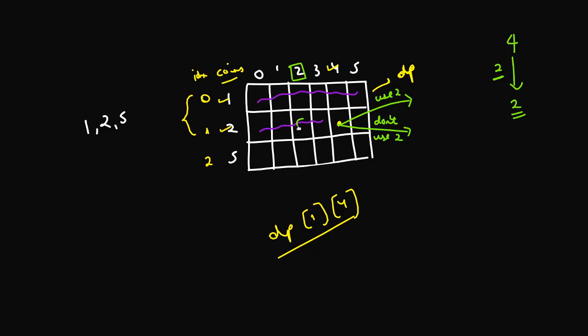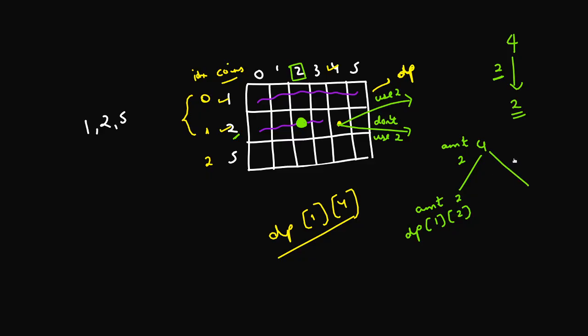So this is the place which I will look at whenever I'm using the coin 2. Why? Because if I have this 4 and I'm using a coin of 2, this is the amount that we had before. Now the current amount that I have to make is 2, and the coins that I can use are still this coin of denomination 1 and coin of denomination 2. So this is the entry that I'm looking at. So DP of 1 of 4 will be, this is one way in which I can do that, and the answer will be stored in DP of 1 of 2.